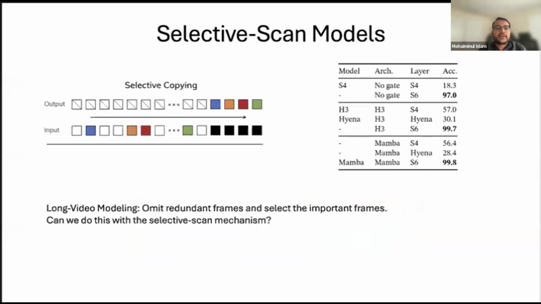task. Here, you are given a sequence of tokens, and only some of the tokens are marked, and you need to output only the marked tokens. Basically you need to select these important tokens from your input sequence. Here you can see that S6, which contains the Selective-Scan mechanism, achieves much better performance than standard S4 or state space models. So in our project, we ask ourselves a question: can we utilize these properties in video